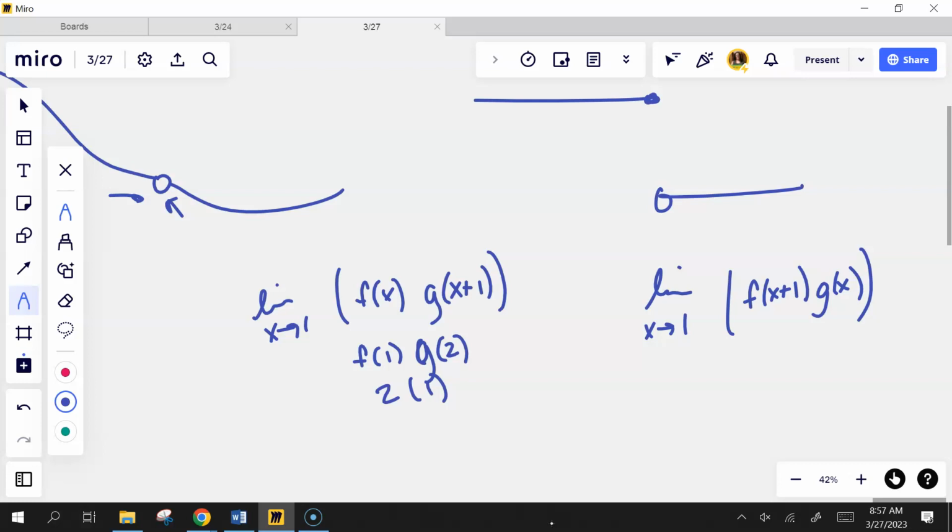No, it's asking me if it exists. Never mind, you can't do that. What did I do? I have it written under this one, and then I have f of 2, g of 1. Both of these, well,